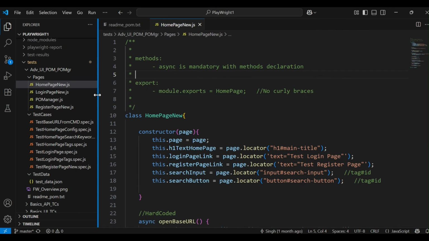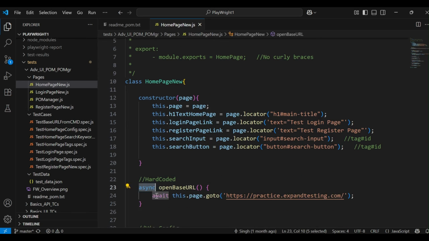I increased the font. I hope everything is very visible to you guys. So a few important things you should keep in mind: async is mandatory with the method declaration. So don't forget to add the async if you are creating methods. Point number one, when you're exporting this particular page, no curly braces. Basically, don't add anything curly or